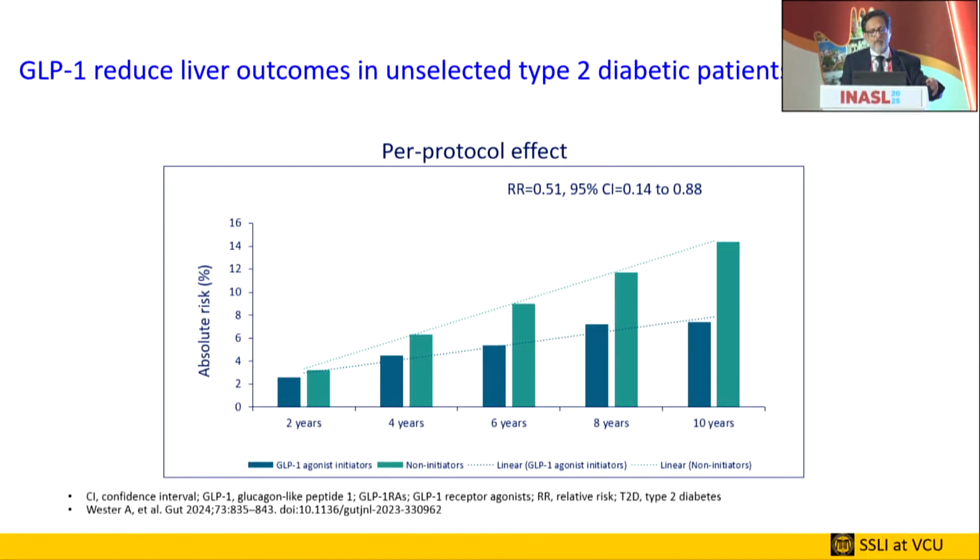In terms of absolute risk of liver-related events as well as mortality. Remember, these are all people who had very early liver disease. So it may take 10 years to really see a big difference, but the longer you go, your control arm is now getting more liver disease, they're getting more liver outcomes, and the benefits of GLP-1 start becoming more obvious.